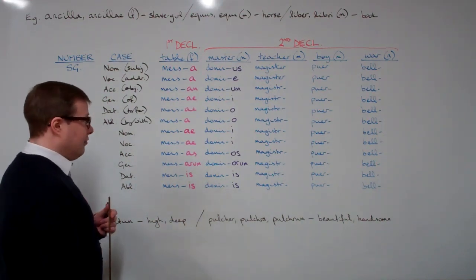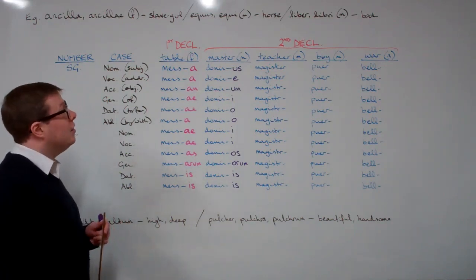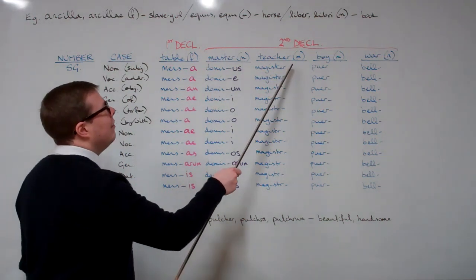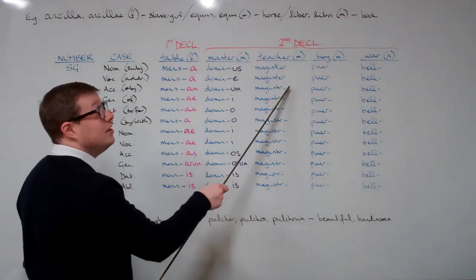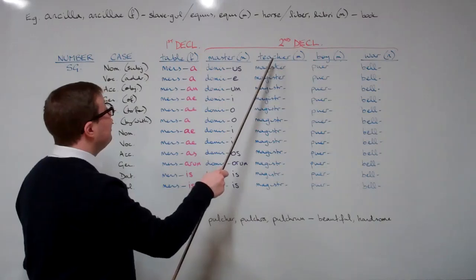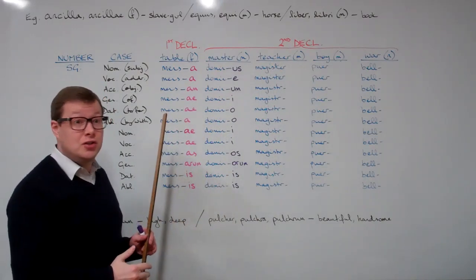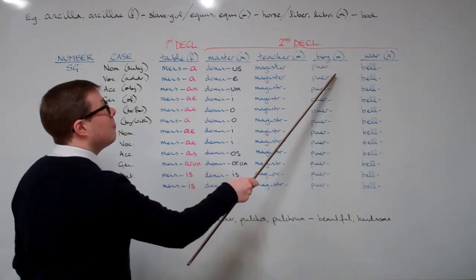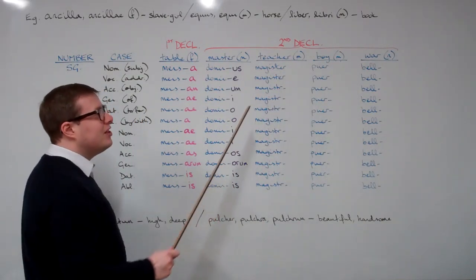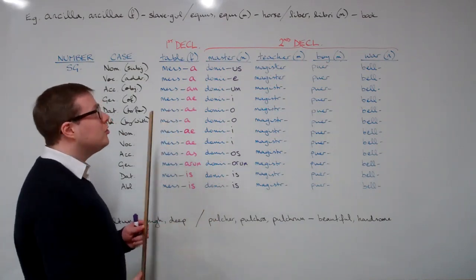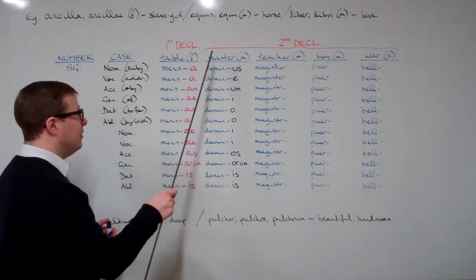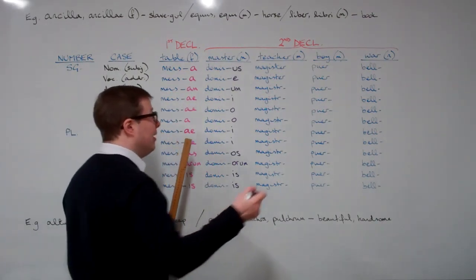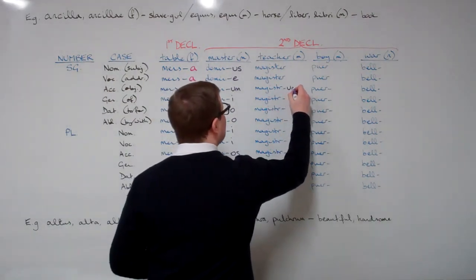Now, a small number of second declension nouns in Latin end in er, and you can see that to begin with, they don't have any endings. Note the absence of this dash. The nominative singular and vocative singular of magister are just magister and magister, likewise puer and puer. But from the accusative singular onwards, magister and puer have the same endings as dominus that we've just been looking at. Magister, magister, and then magistrum,